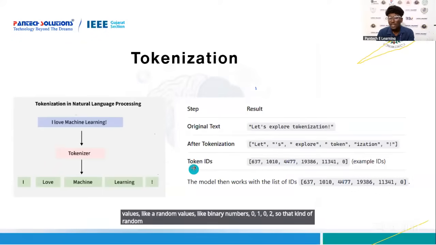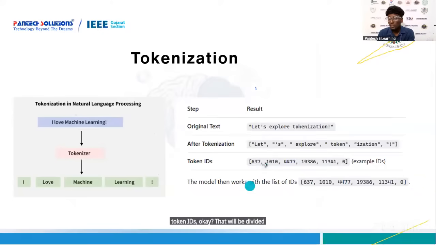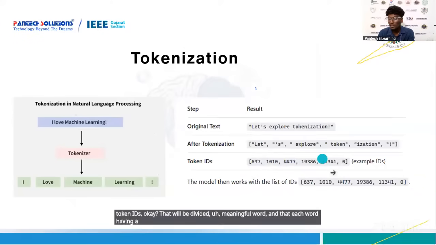That is called a token ID. Each word has a different number.